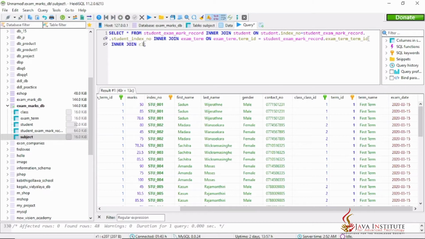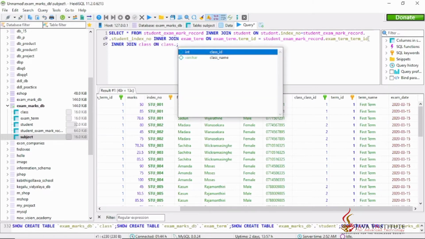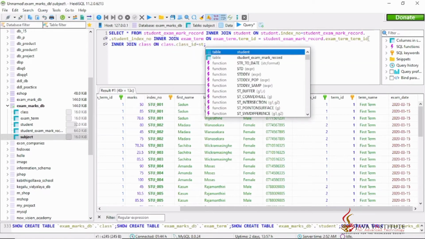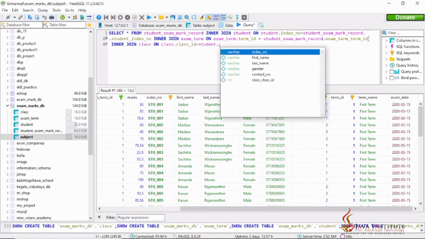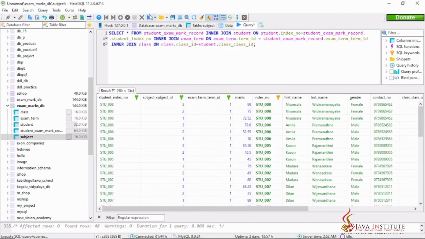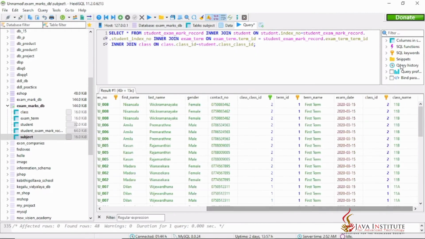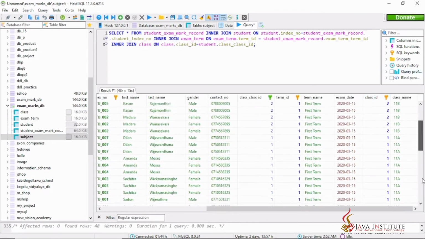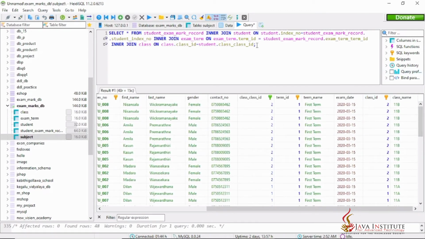the class table also. Here the class table, by giving the condition, here the relationship between this class ID and also the class ID that is available in this student table. So then after executing, we can see here the details from the class table have been updated to this result area. And then I'm going to inner join